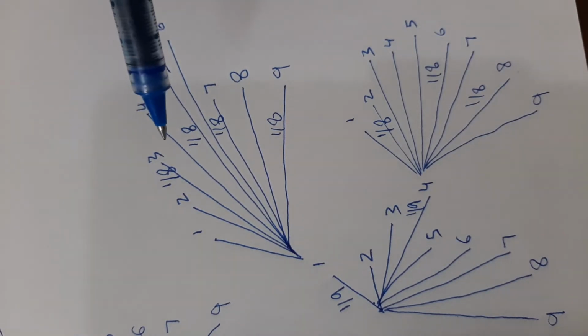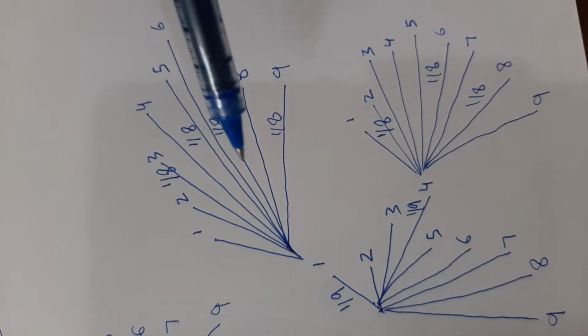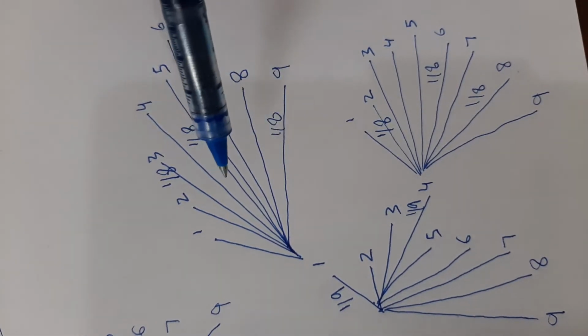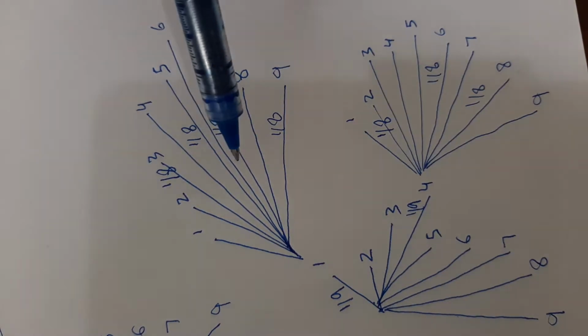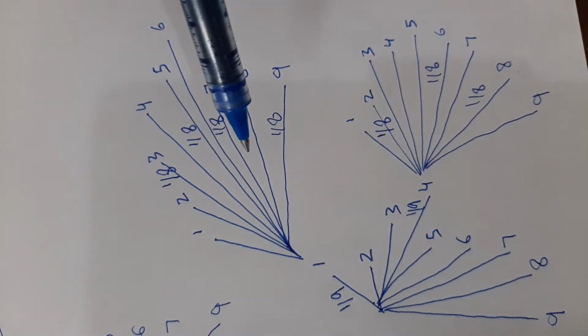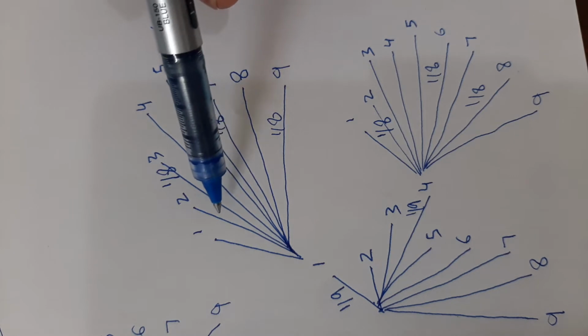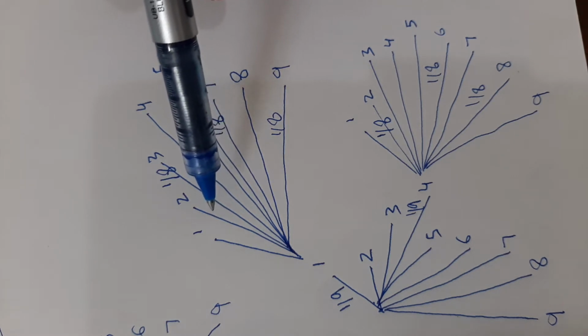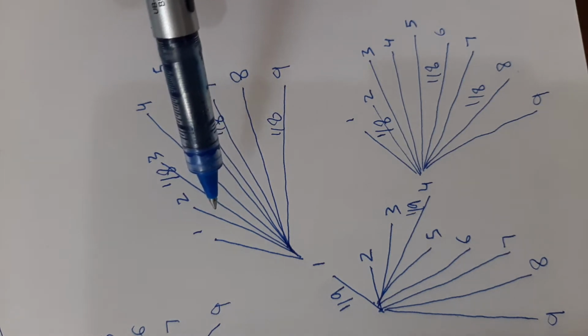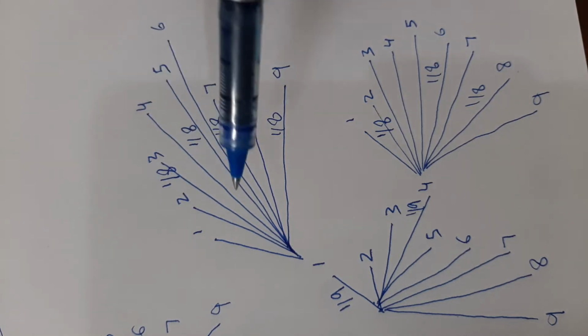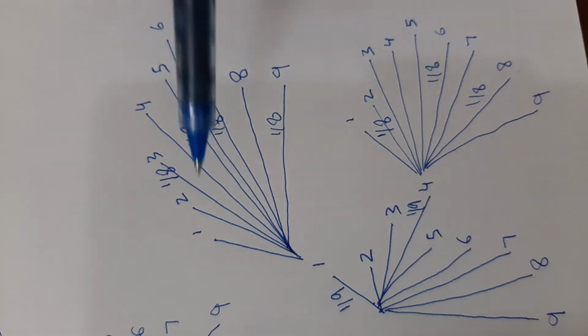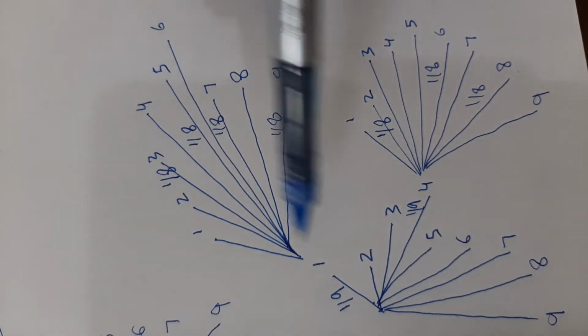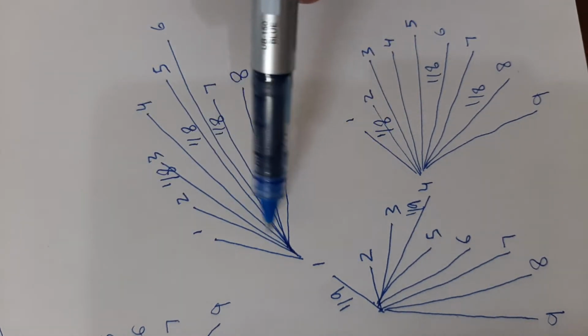Now they have asked us to find the probability that both numbers are odd, and the case is of replacement. So we are not going to change the probability for the second draw. The total number of outcomes will be unaffected because we are replacing the ball back in the bag. Now we can't draw all the diagrams, so we are going to find our answer using a single diagram here.